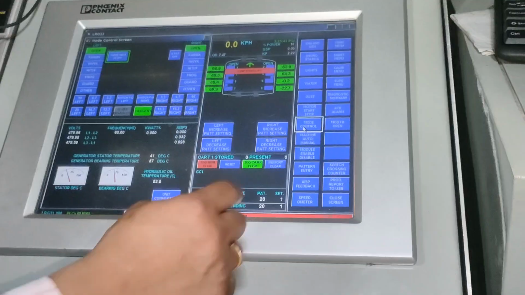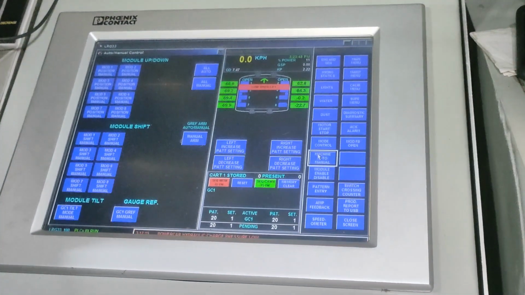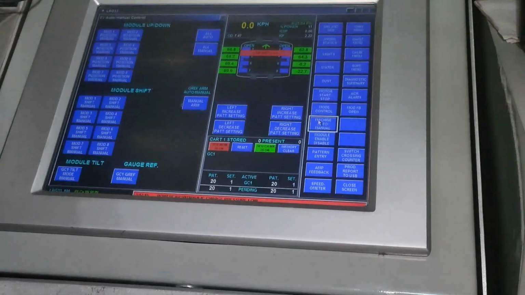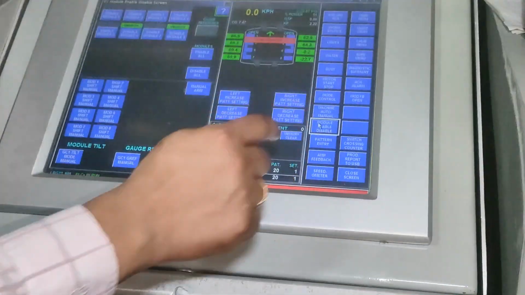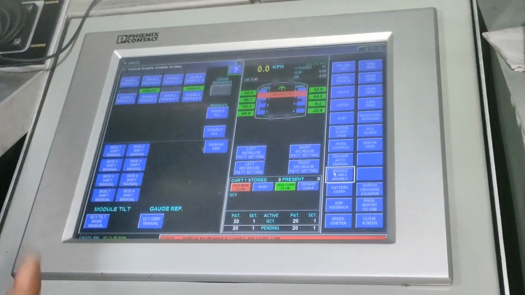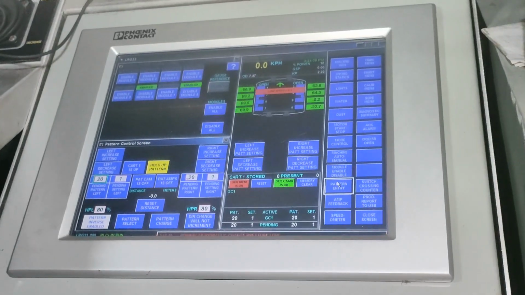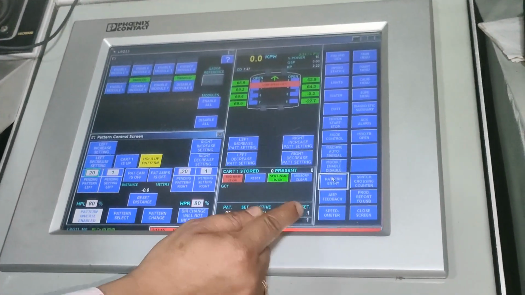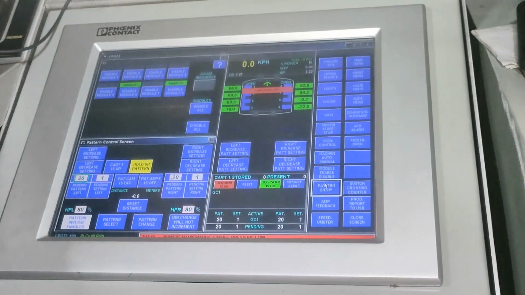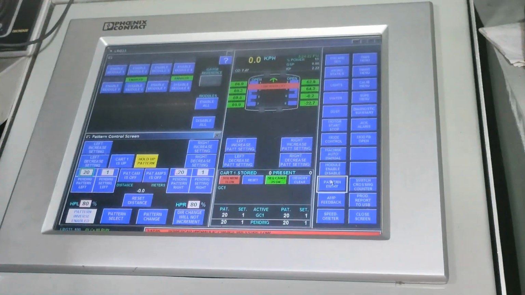Right. Similarly, we have the machine auto. So machine we can put in the auto mode also, in the manual mode also. During the grinding, it is always in the auto mode, so that automatically it can change the tilting, lifting, etc. Right. Module enable disable, I told you that we have to put our modules in up position or down position. There we can have. Then we have the pattern entry over here, which I have shown you in the class. Same thing is over here also. In the machine overview screen, same thing is over here. So from here we can't feed, we can't edit. Edit is from here, but this is for viewing. That what the entries are there, we can see from here. Clear?